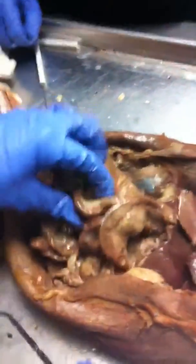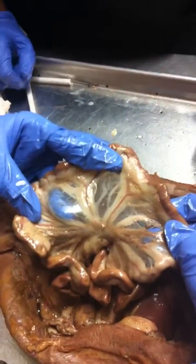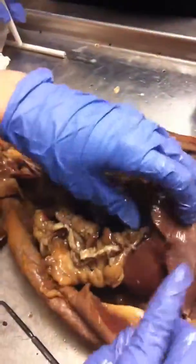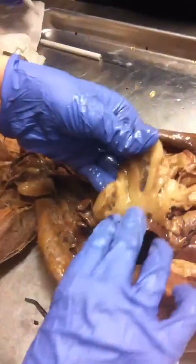Mesentery. The mesentery is this yummy looking stuff in between the small intestines with the big veins and arteries. Greater omentum. Greater omentum is this really fatty looking junk that comes out over from like the